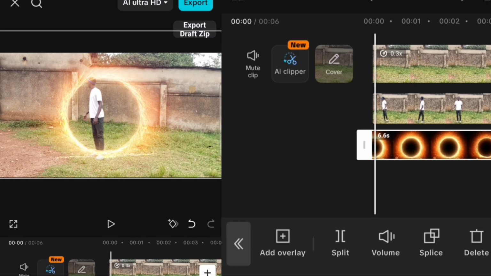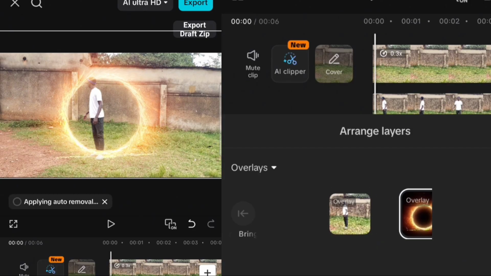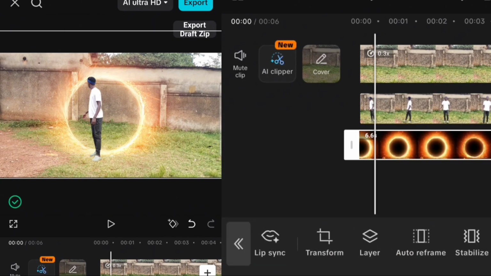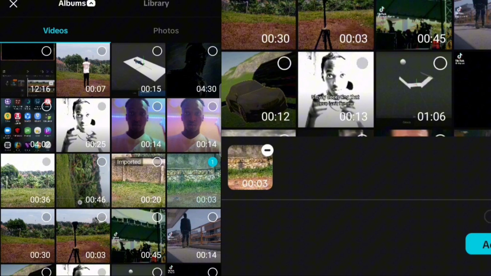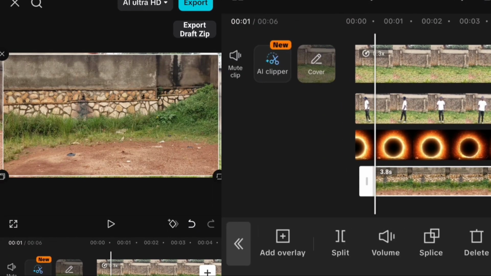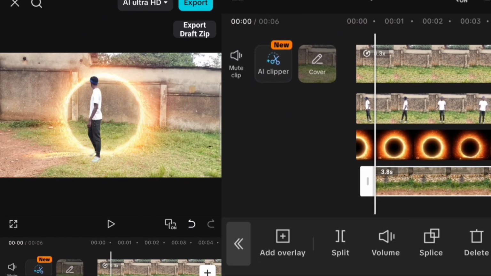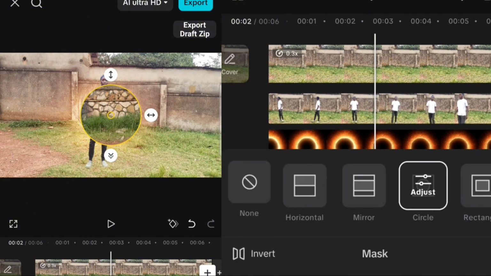Right now our next step is to put this photo behind me, because I'm going to be behind the photo. Tap layer and arrange the layer from behind, and put this photo to be behind me. As you see, right now it's behind me. Then another thing, we have to apply the background where I am from. Do you remember that I told you to take a screenshot of your background? Right now here it comes, and you start masking it out